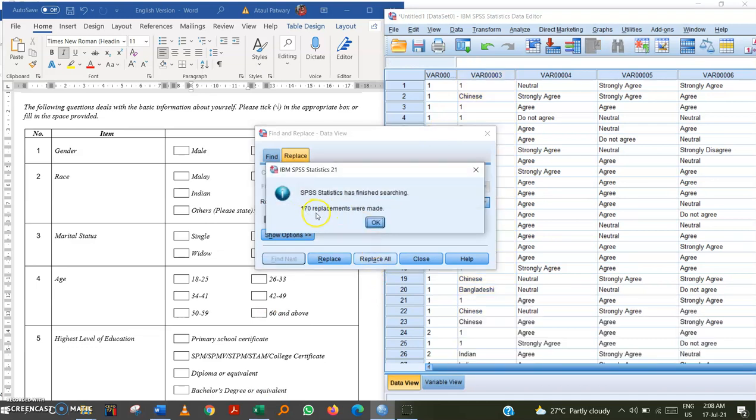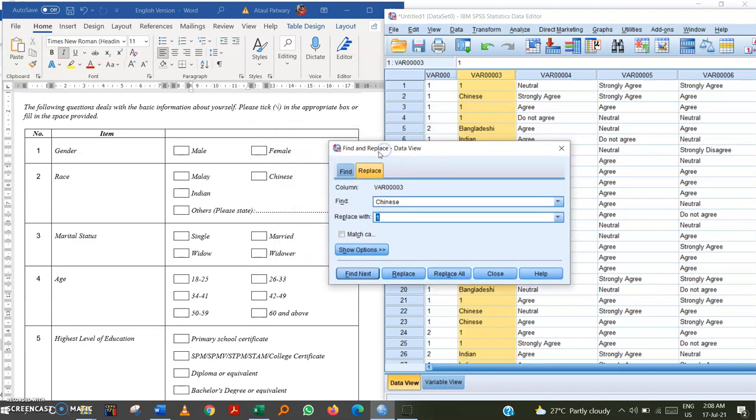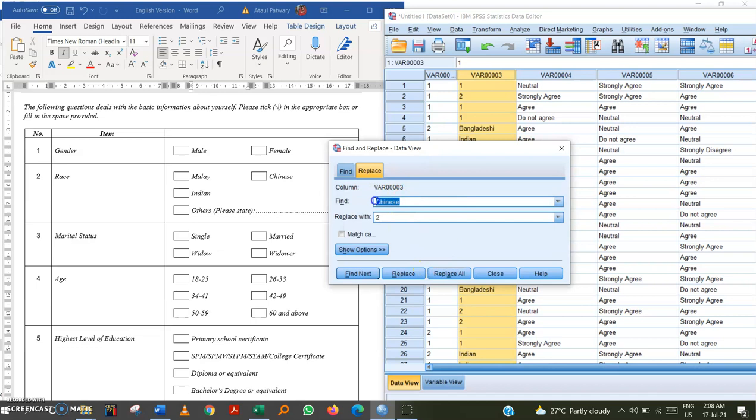You see, 170 replacements are made. Okay, for number 2 we can put Chinese. We are following our questionnaire, you can see this. Number 2, okay, 72 already replaced. And number 3, Indian. Number 3, okay,